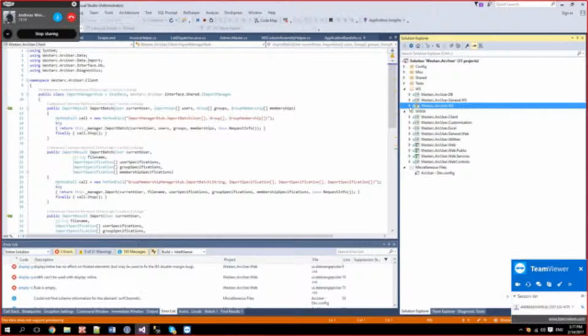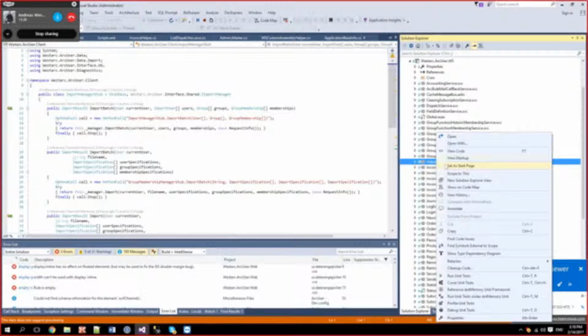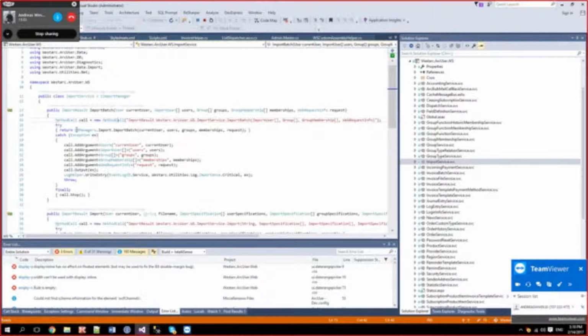So the backend is, this is like the service endpoints of the backend. Lots of, well, WCF services over here. But there isn't any logic in these. It's just empty shells. So all of these just call the specific manager.